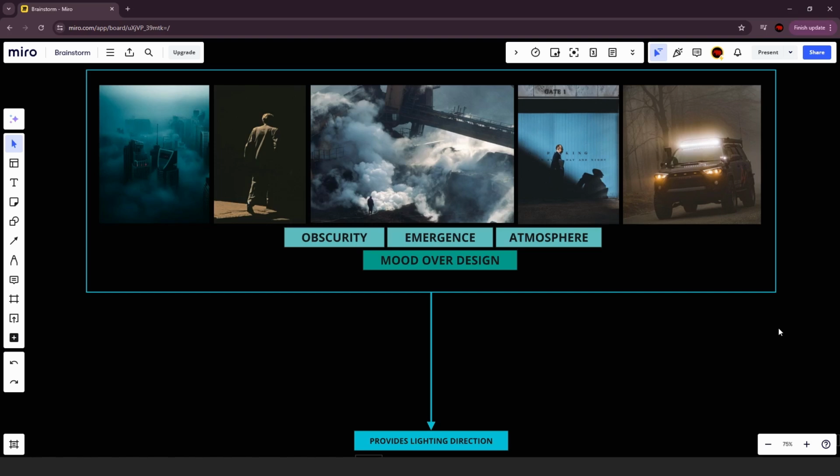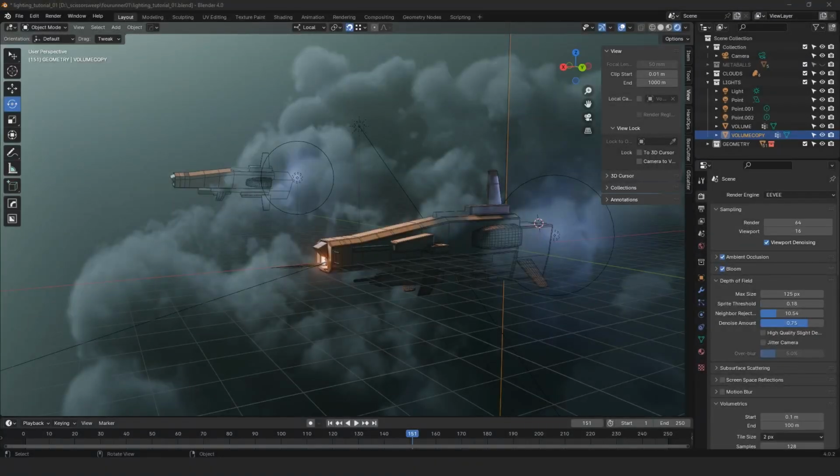And so before touching any of that stuff, I think it's a really good idea to put together some images and get to know exactly what you want to get out of the time that you're going to be putting in. So now that we have somewhat of a plan put together, we can start working in Blender with a certain degree of confidence. And so this scene here